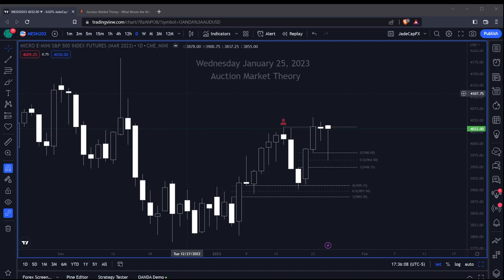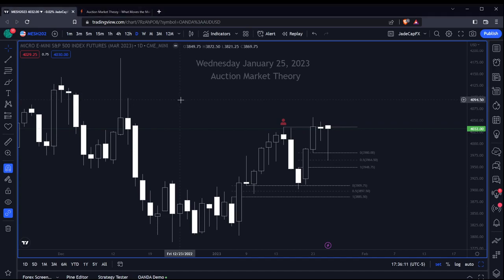So, I'm going to go over today's daily market review, and I wanted to talk a little bit more about auction market theory because I feel like the last video that I had recorded was a little bit convoluted, and I just wanted to put this topic into layman's terms, something very simple for you guys to understand. So, this is pretty much the premise behind how every market operates.